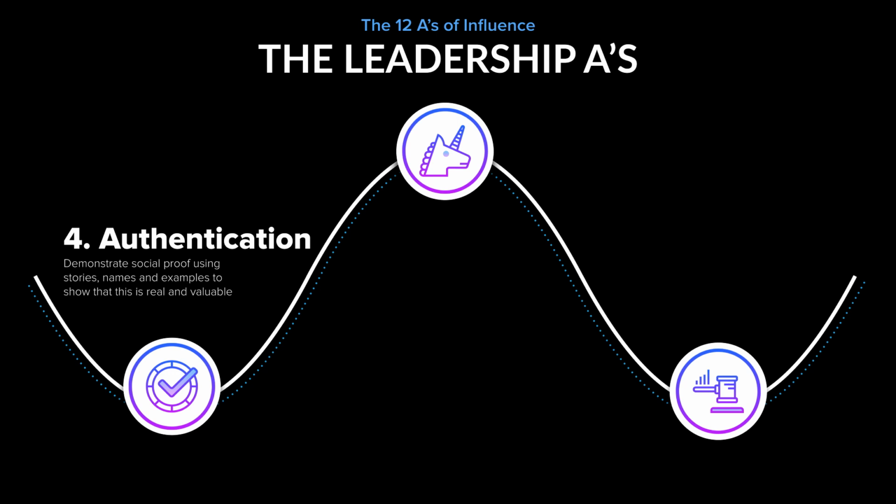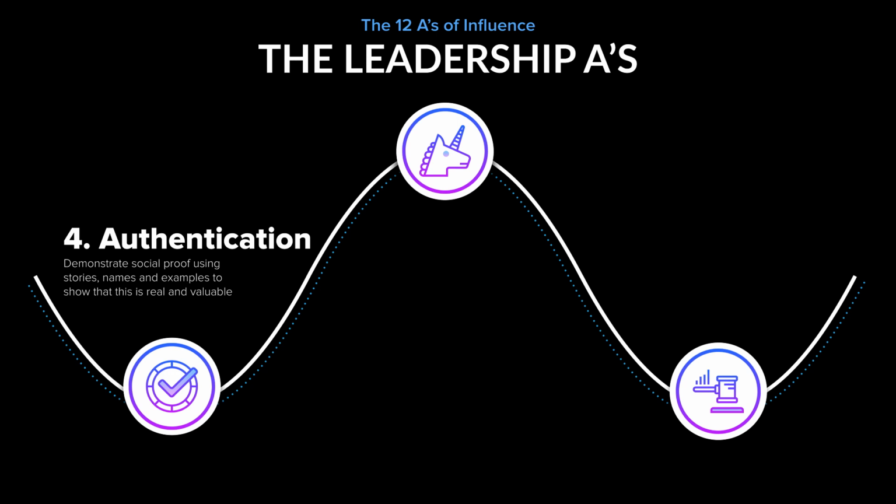It becomes really important to have a high level of integrity when we're using authentication, because oftentimes people are trying to disqualify. Is this person really authenticated? Did John Smith really approve of their SOW? When we genuinely come from a place of truth and integrity using authentication, it feels much more trustworthy. I highly recommend that if you're going to use authentication as a leadership A of influence, that you make sure that whatever you do say can be backed up by the person who you're using as an authentication pillar.